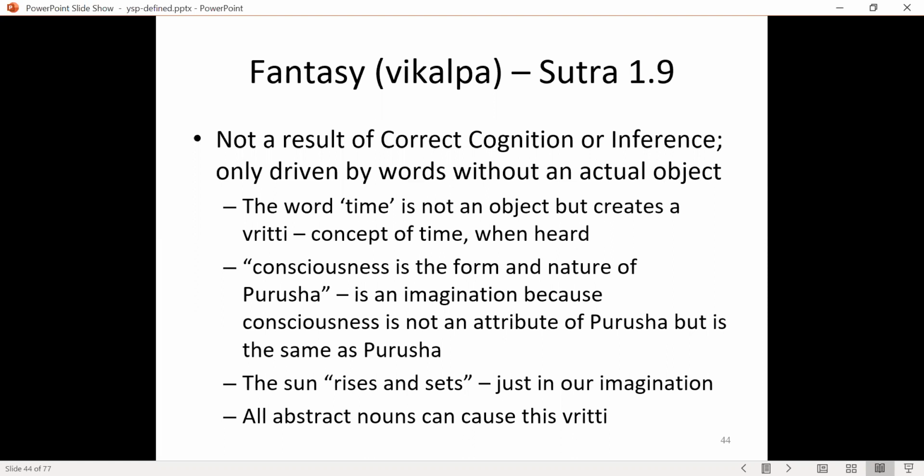Same thing, there was another example given by these commentators. Vyasa, for example, says consciousness is the form and nature of Purusha. We talked about Purusha and what it is. And if you see,